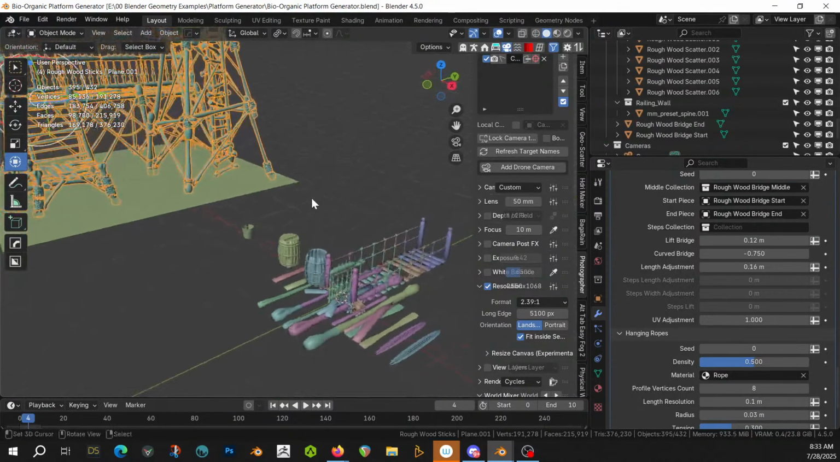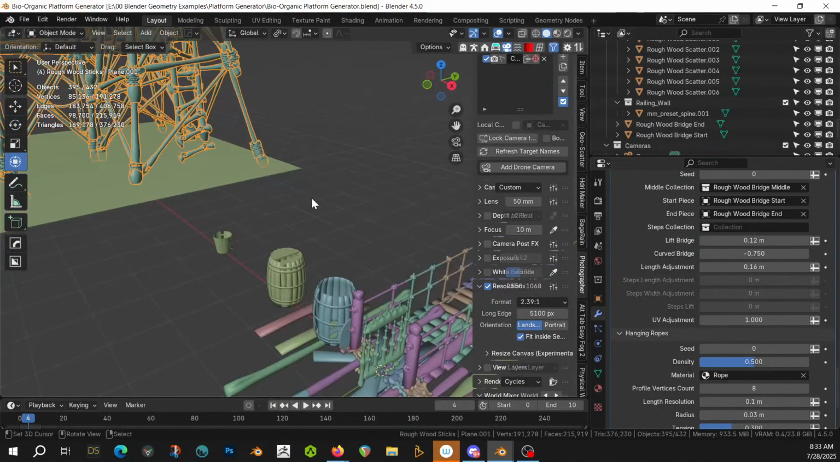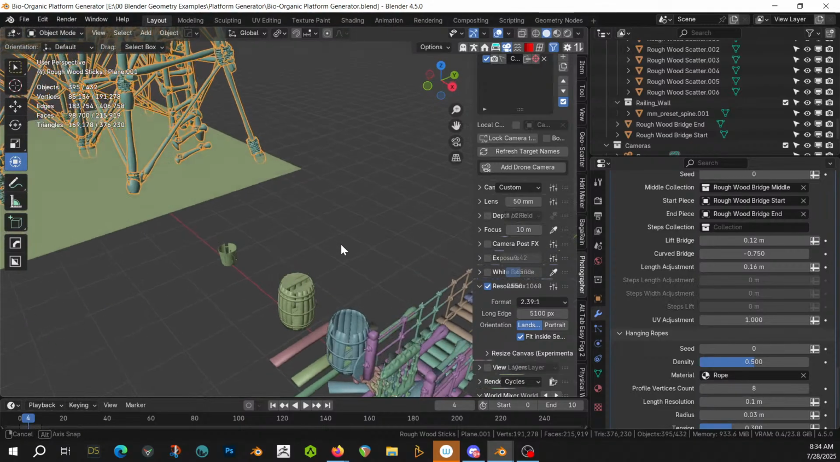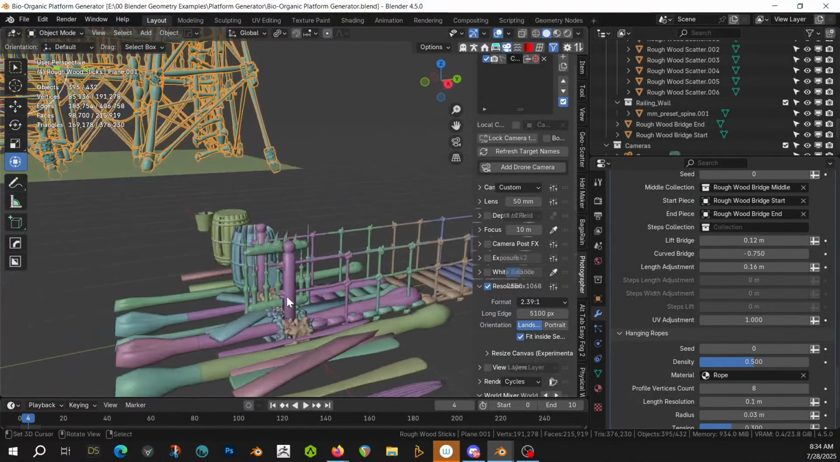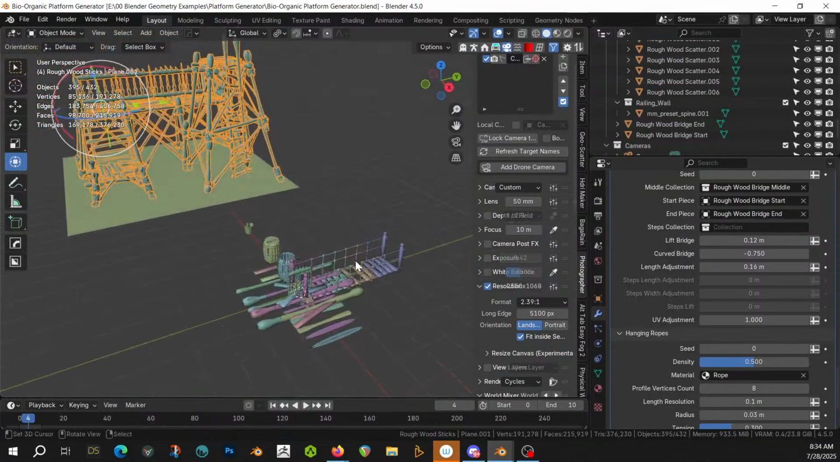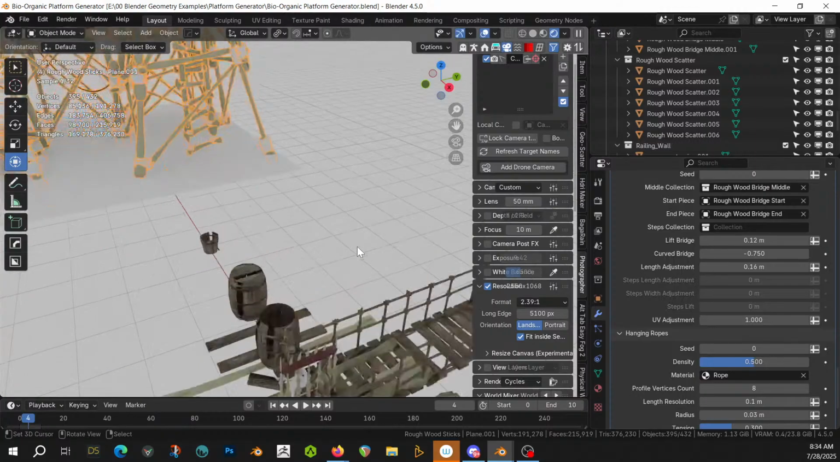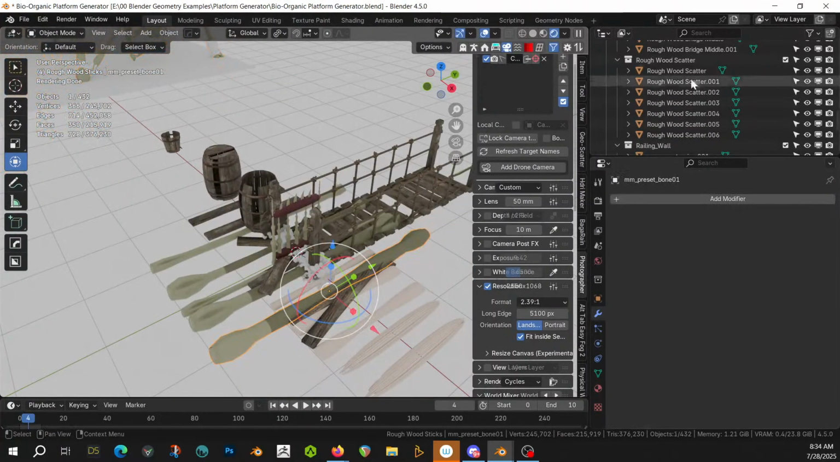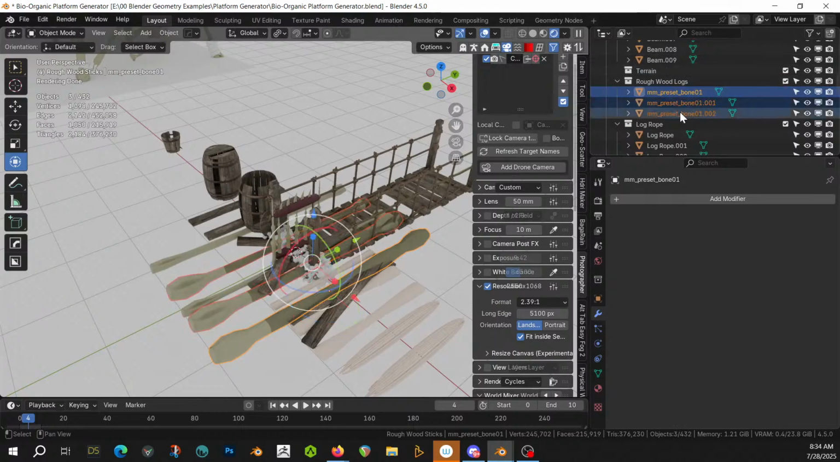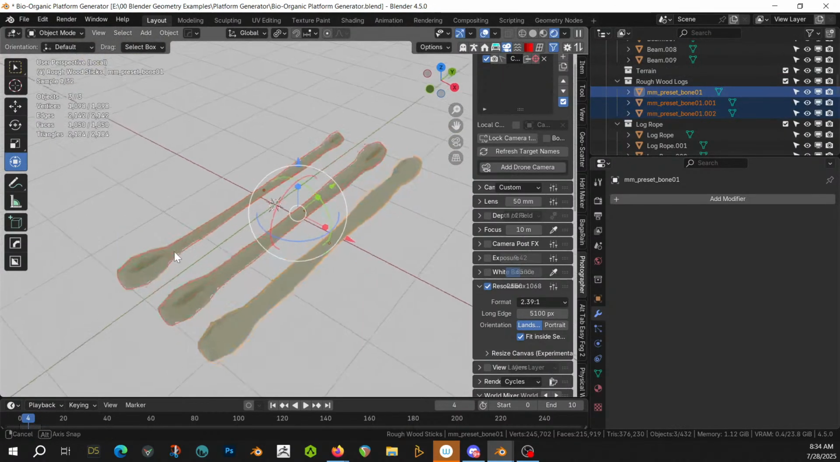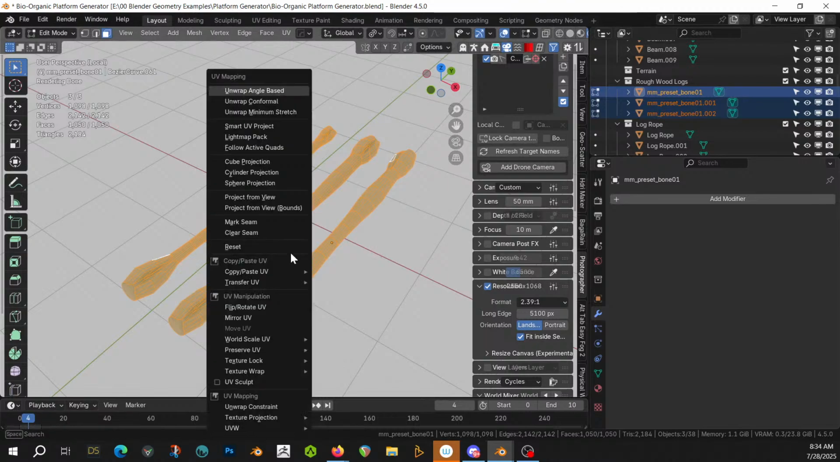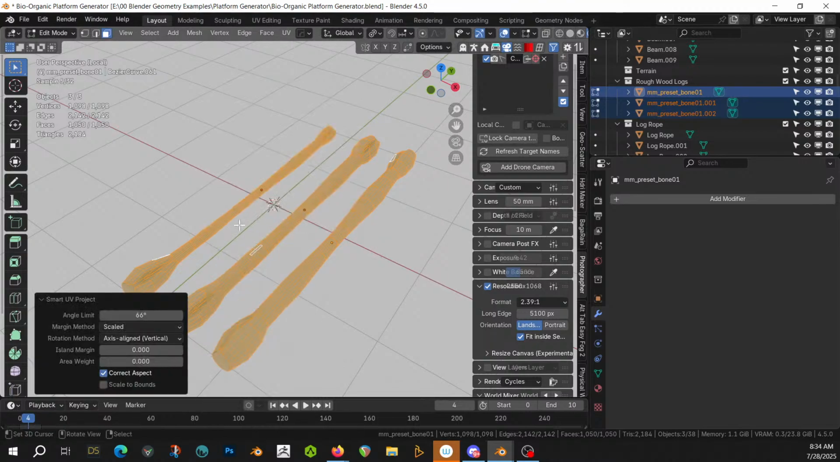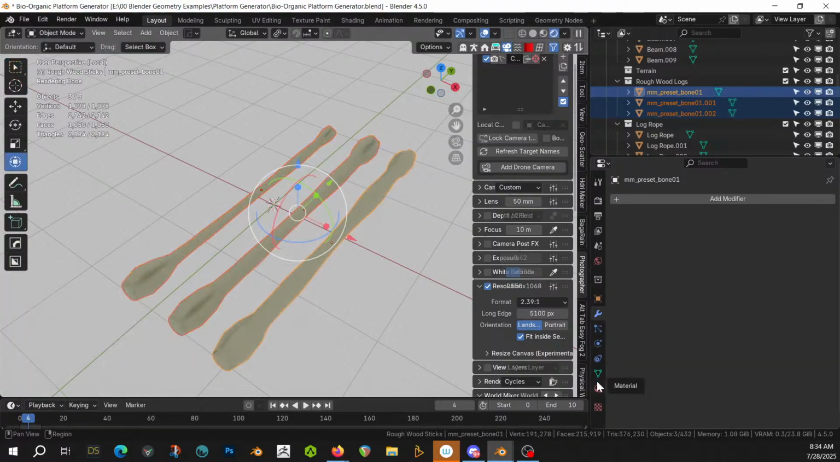This is past the coral. This is up in through into the cave system afterward. So, yeah. What does it look like here? So these logs, let's just do them first. Tab A, U, Smart UV Project, unwrap, and